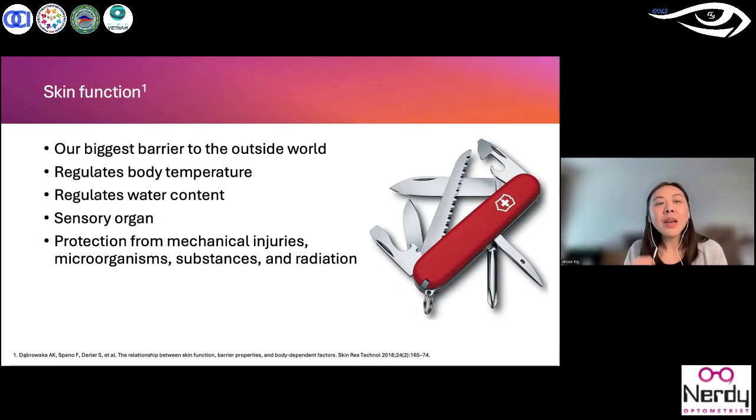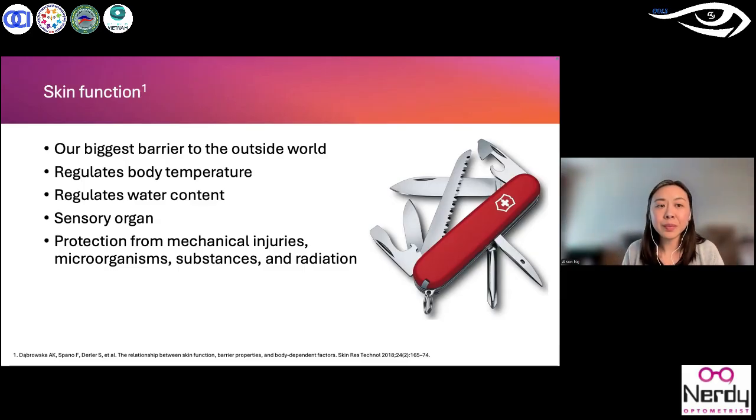Aside from that, it also regulates our body temperature, which you might remember from biology from years ago. We have sweat glands, our blood vessels will dilate and constrict, and so on and so forth. Our skin also helps regulate water content within our body as well. It's also a sensory organ, so it allows us to touch different things and be part of the world and understand the dangers. So you're not putting your hand on a warm surface that could end up burning your skin,